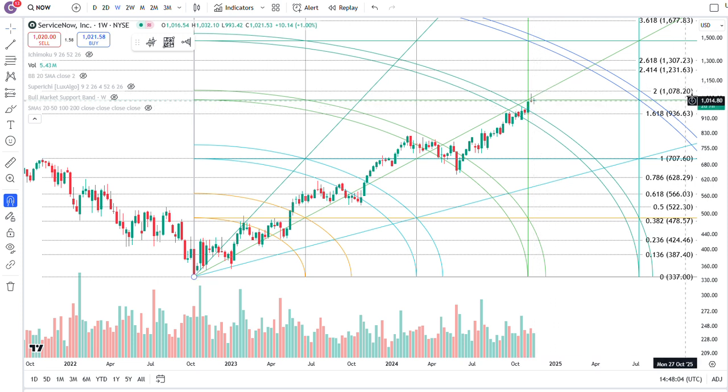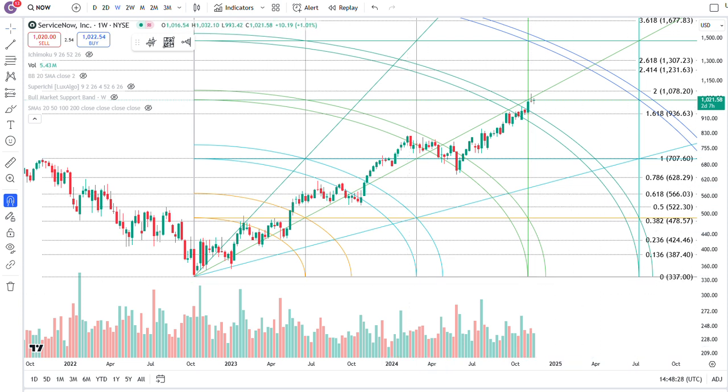It's not going to get there in a straight line. You have some resistance levels here above. It could potentially get rejected and go sideways before you go up here. But I think the arc up here around 2.414, around $1,000 and $1,231, is probably going to be where it gravitates to if you give it enough time. From arc to arc, that's what it's been doing, and that's probably what it's going to do from arc to arc.